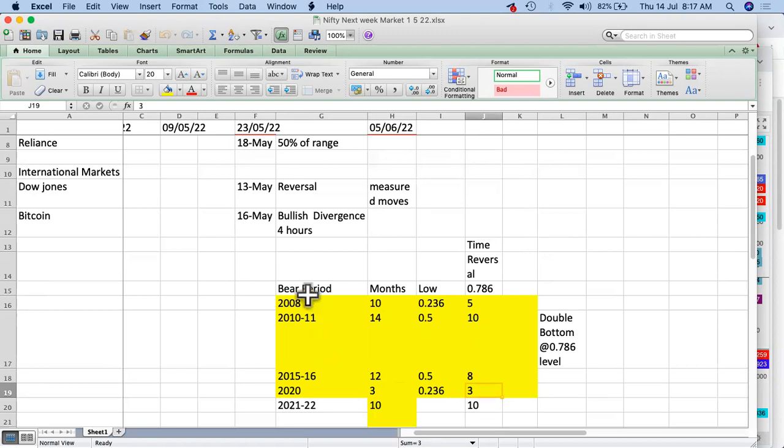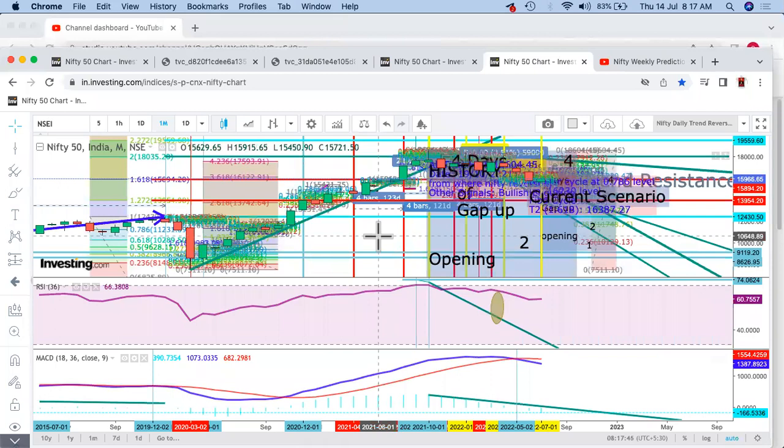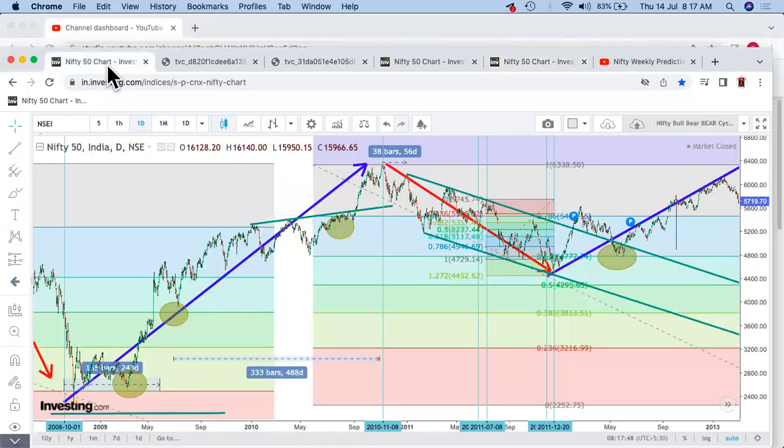So on the basis of this, what we did is we rejected this too. I'll just put that down in red. I'll tell you why, right? Because the current bear cycle that we are having, current bear cycle,